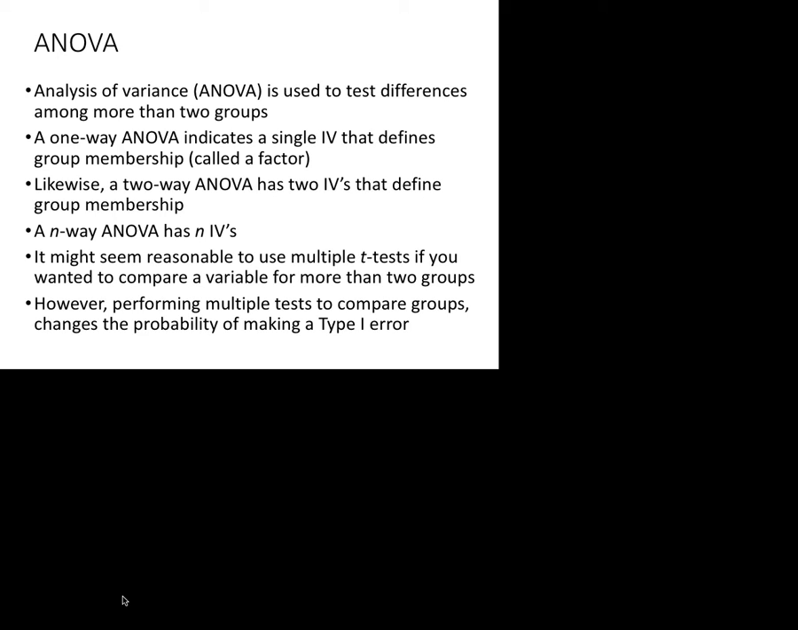So it might seem reasonable to use multiple t-tests if you wanted to compare a variable with more than two groups, right? So if we had experimental condition 1, experimental condition 2, and control condition, we could do a t-test between experimental condition 1 and experimental condition 2, right? We could do another t-test between experimental condition 1 and control, and another t-test between experimental 2 and control, right? We could do three different t-tests,